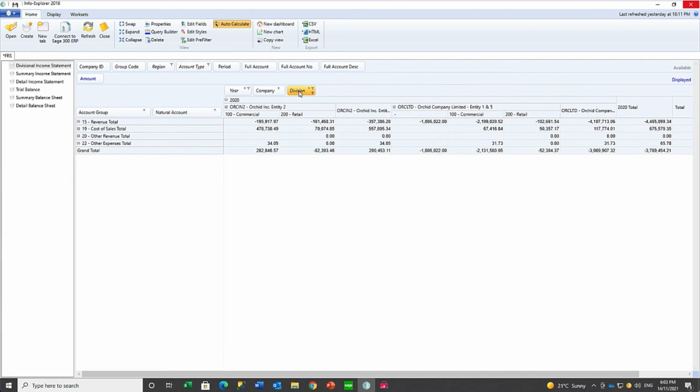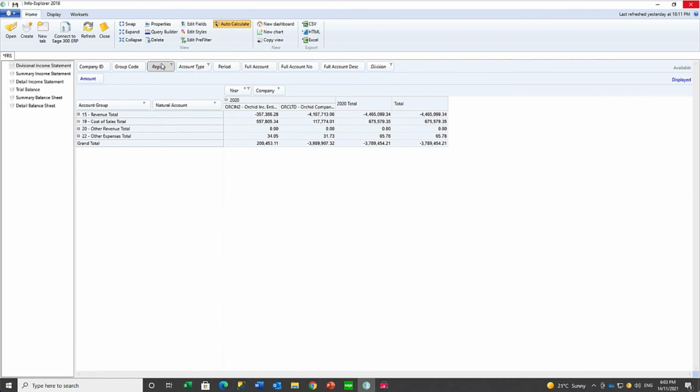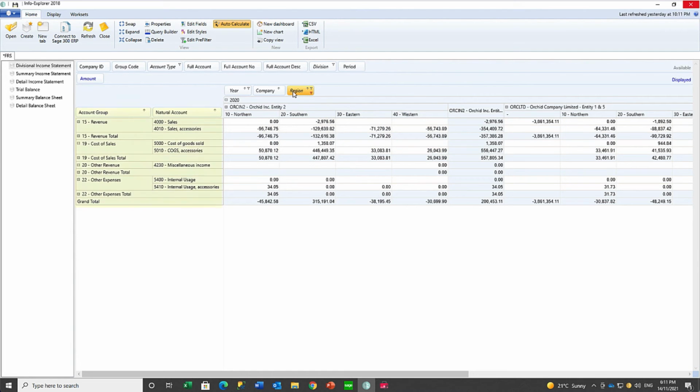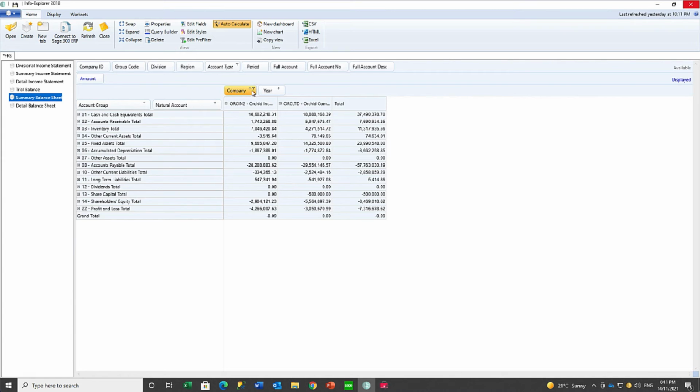And if we'd rather look at region, we could drag this up and drag region down. And we've now got our summary income statement by region. And just as we have been dragging the region and division down, we could work with any of the other dimensions too. So looking at the summary balance sheet, if I make this view a little smaller,